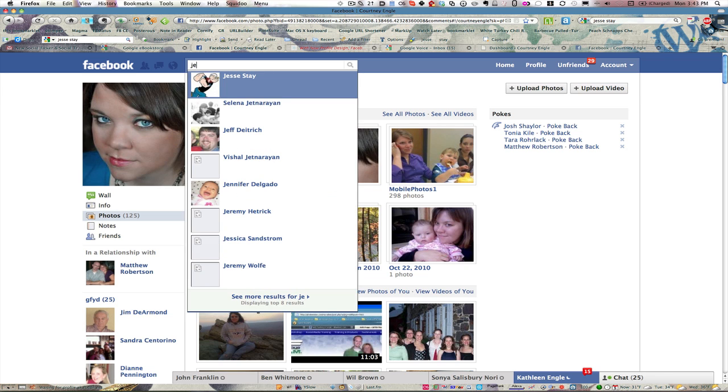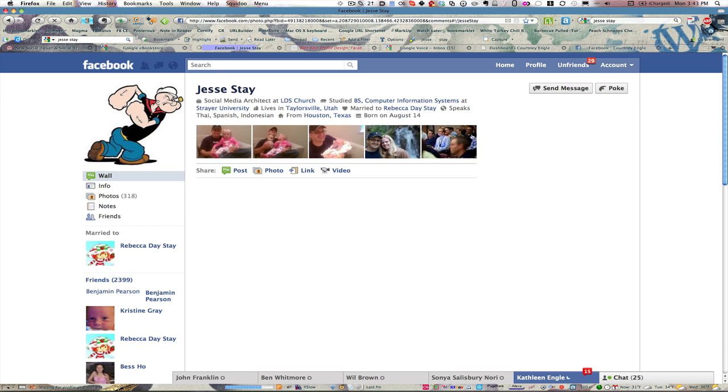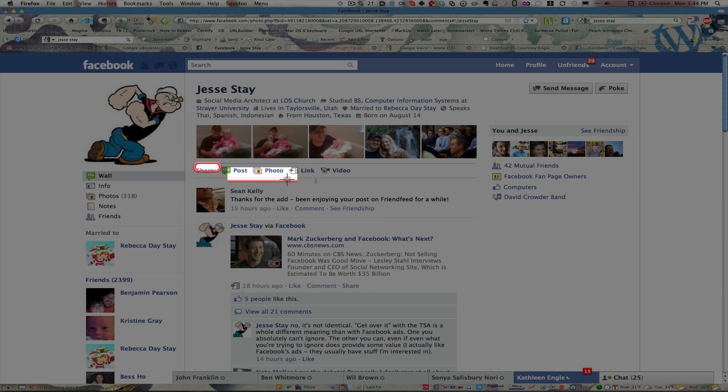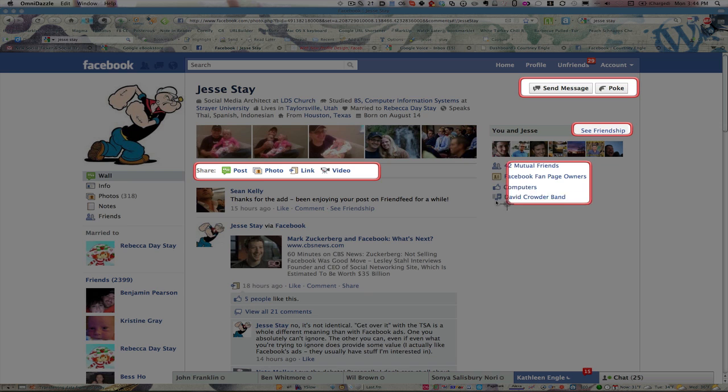Let's take a look at what's just different, real quickly, on somebody else's profile. We'll look at Jessie Stays. You'll notice that the area to post to her is still listed here. It doesn't give me a big box to type in though. And the other thing that's going to be different is the send message and the poke options are in the top right corner. The new feature where we can see each other's friendship, view all the comments back and forth that we've ever had, is listed here. And then this area where we could go view our mutual friends and other interests or things that we were tagged in together, all of that information is now in this location. So that's the differences when I'm looking at somebody else's profile.